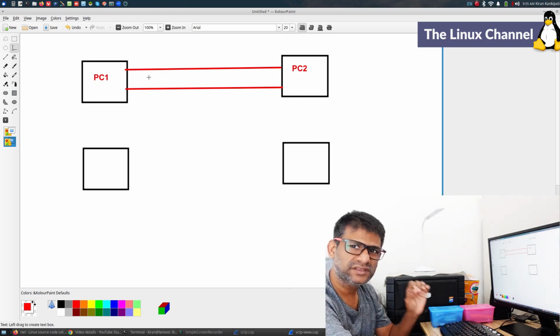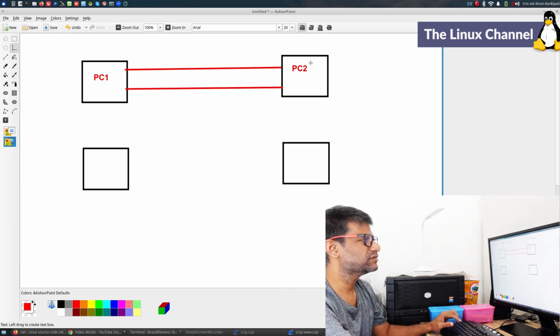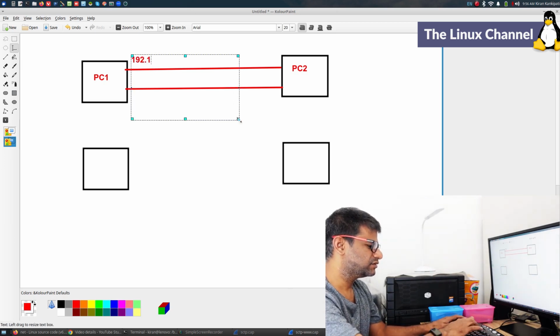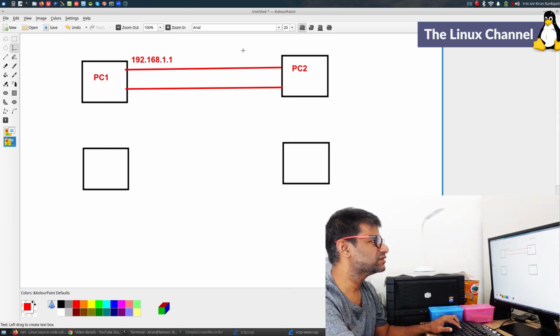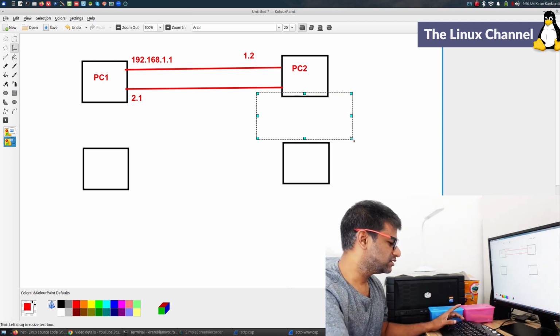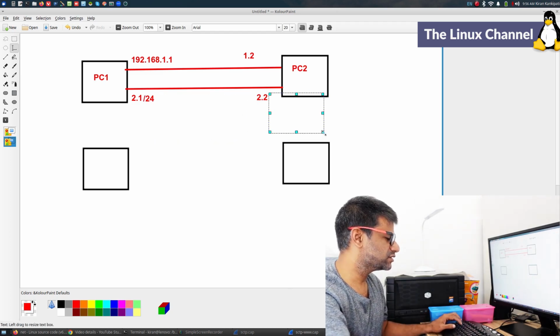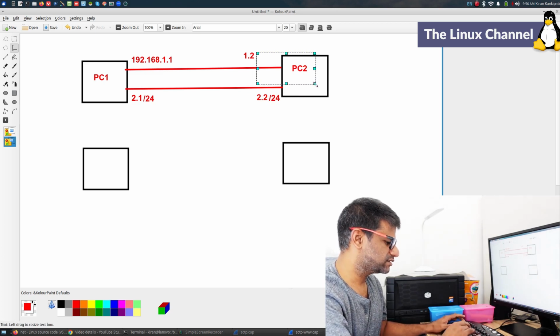They are connected directly with a bunch of Ethernet cables like this, so that these two cables emulate two internet connections. For this system you have this network, let's assume 192.168.1.1, and it does not have any router. So this is, say for instance, 1.2 and this is 2.1, I mean 192.168.1.2, and this is 2.2. Everything is /24, so they are regular 24-bit subnets.